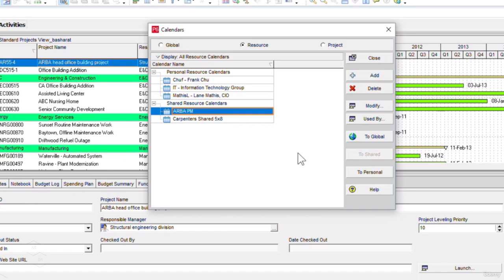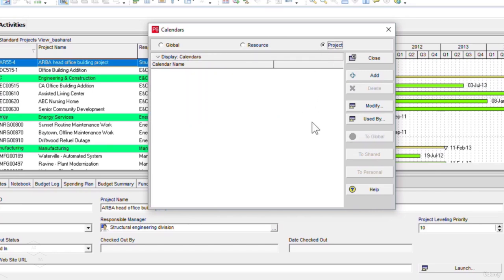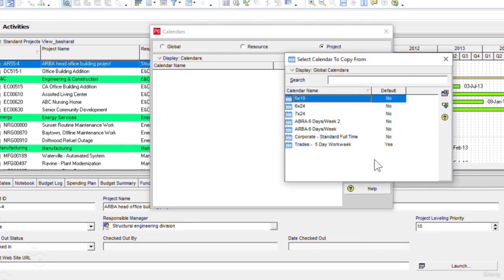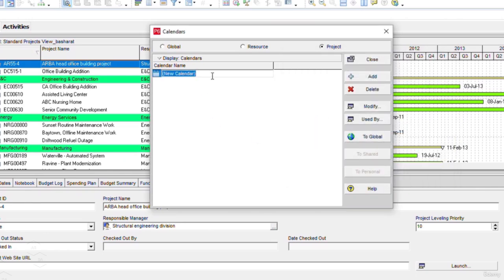Now let's move to our project calendar category by clicking on the project radio button, and in order to add the new calendar here, I will click on add button on the right side. Okay, now let me copy the Arba 6 days per week and select it. Now you see the new calendar, it is appeared in the window under project calendars. So I will rename this to Arba Head Office Building Calendar,